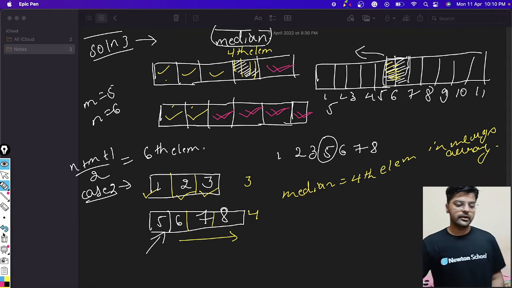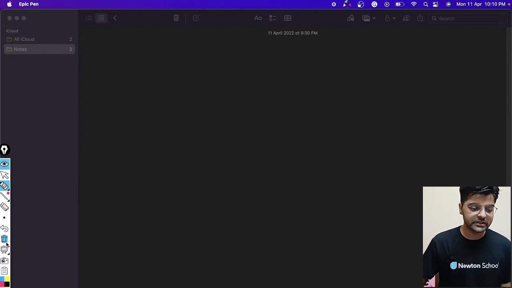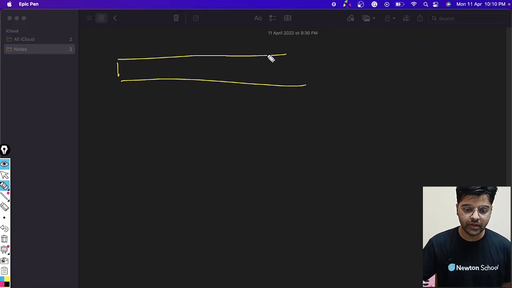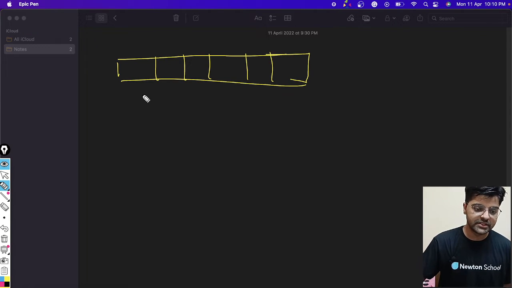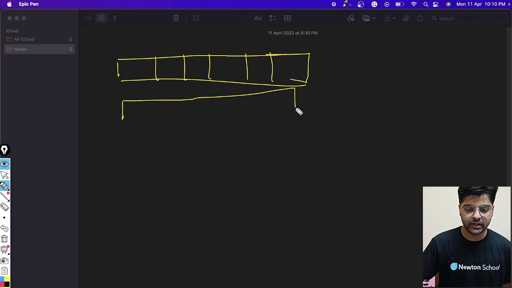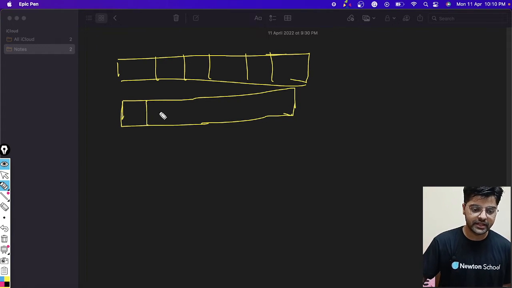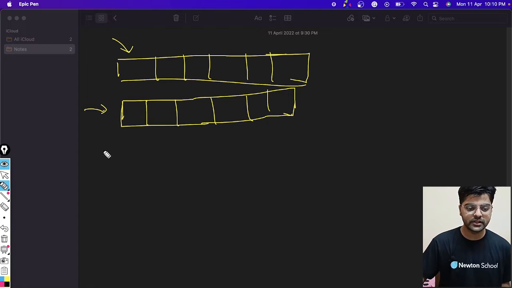So I am going to discuss the approach, like what we will do. When we started merging, the elements in the merged array come either from here or from the left side, right?